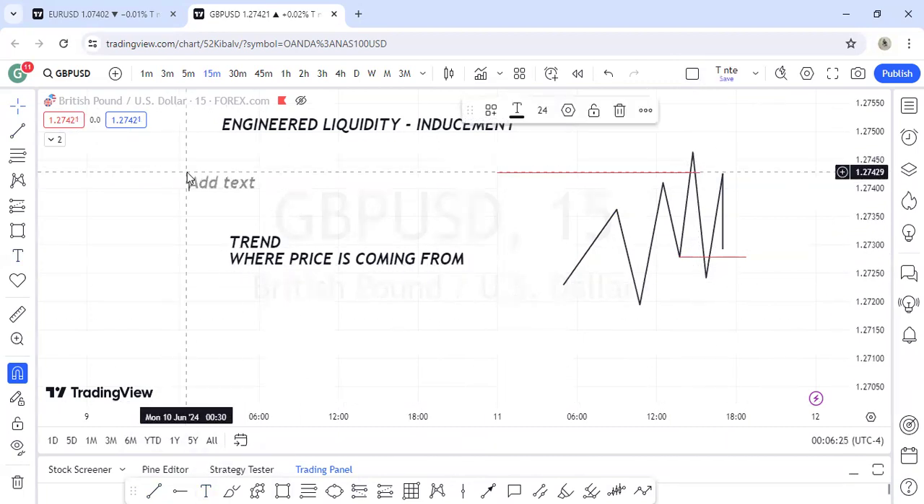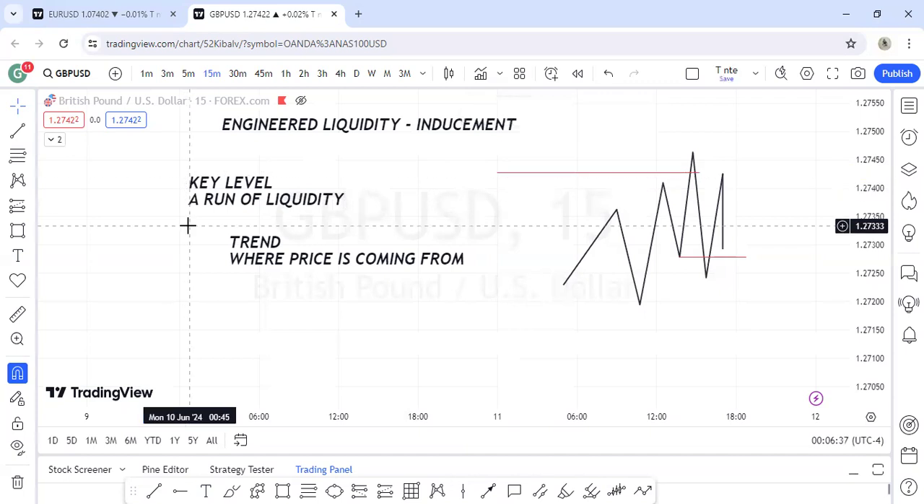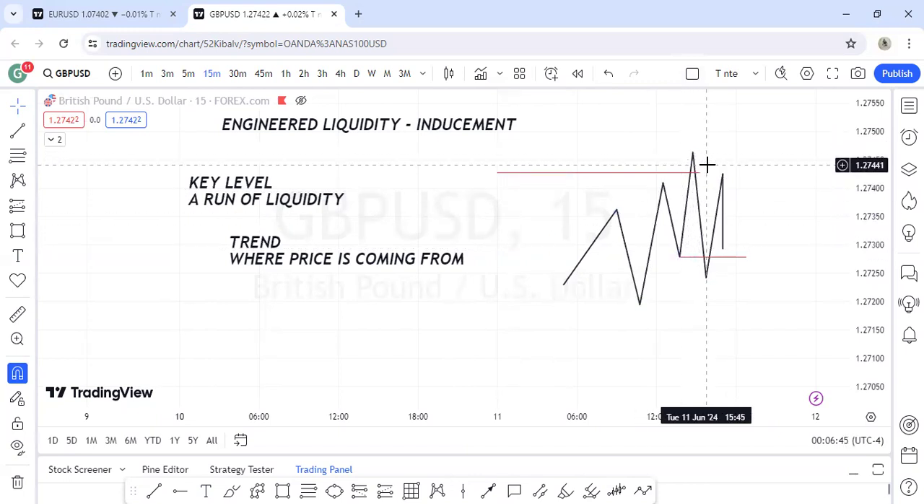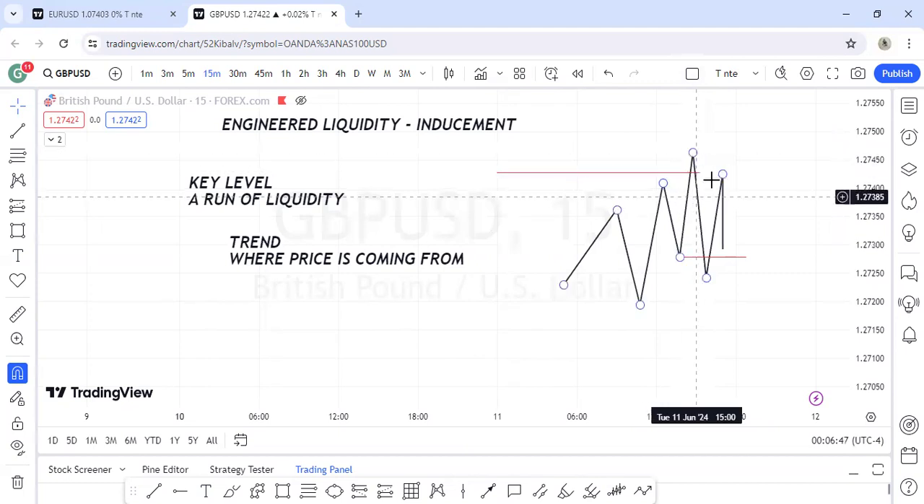So the thing that really changes price direction, there are two things. Number one is a key level. Key level, and then a run of liquidity. These are the two things that really change price direction. So when price hits a key level or runs liquidity, it takes out higher time frame liquidity, maybe 1 hour liquidity, and then you cannot